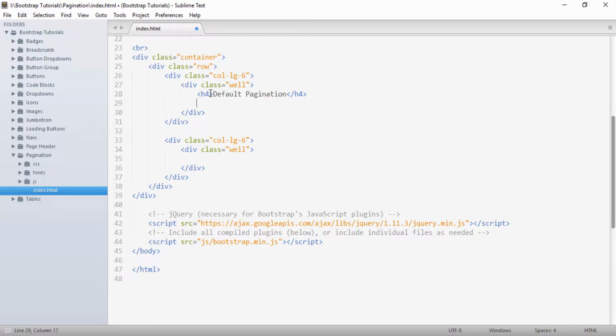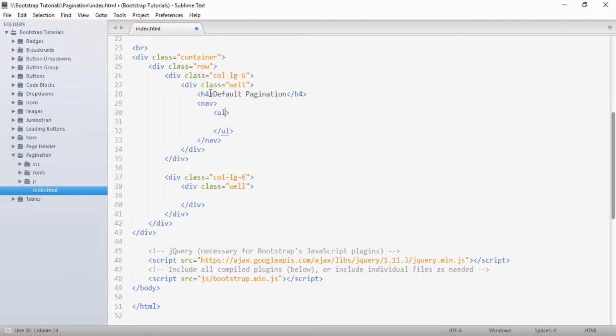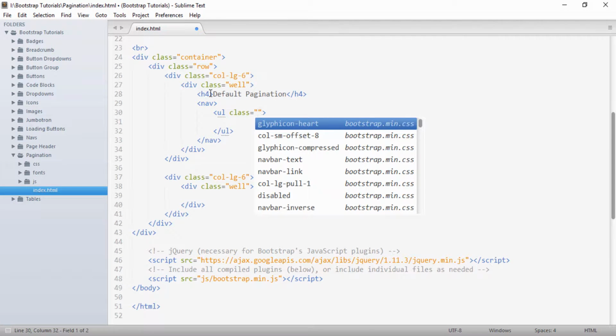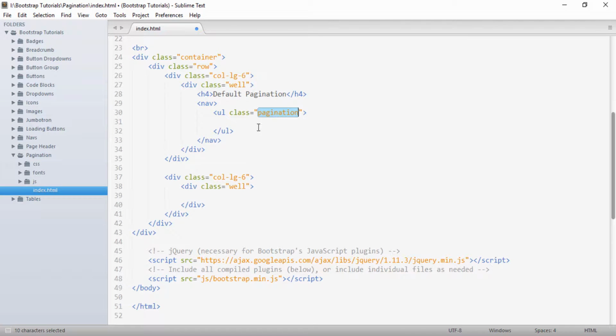As pagination is a navigational element, in order to create our own pagination links we have to put it into a nav. So first I will create a nav, and inside this nav we will create an unordered list, and to this unordered list we have to provide a class of pagination. This is the class which will make this unordered list look like a pagination.